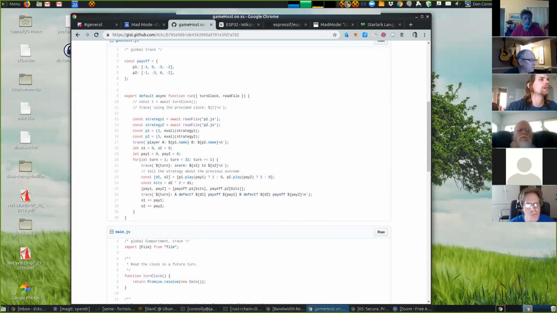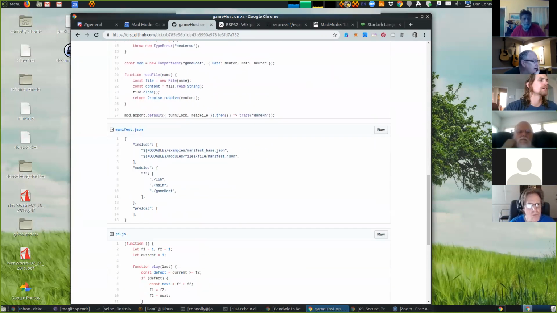Okay, cool. And then I print out whether A defected or B defected, and then I add the payoffs to their scores and repeat. And each time you get to see what the payoff was last time, which tells you whether the guy defected or not. I should just pass in whether the guy defected or not. Anyway,